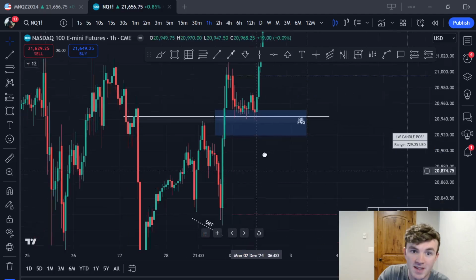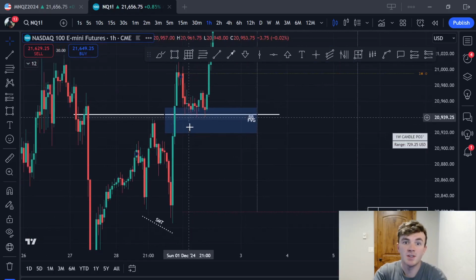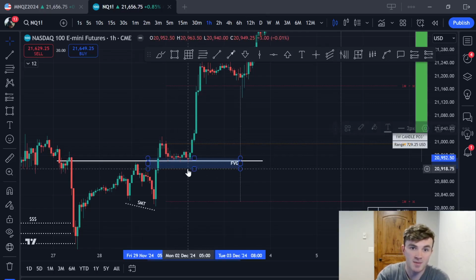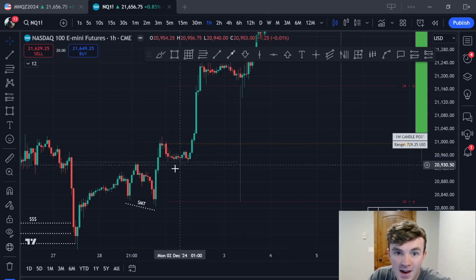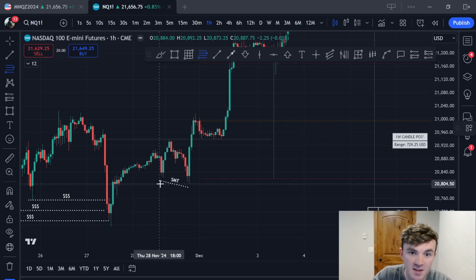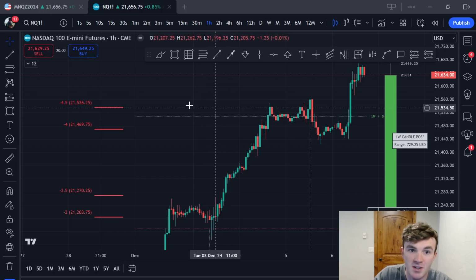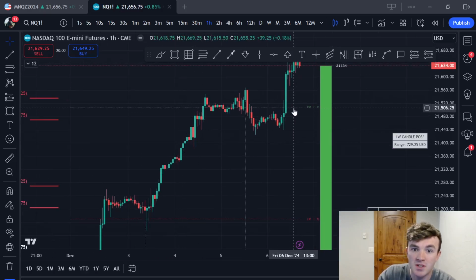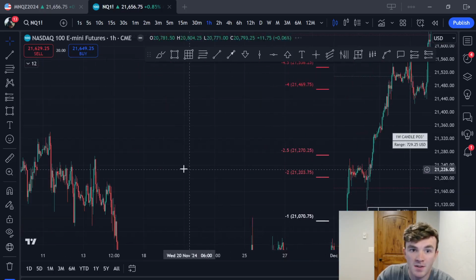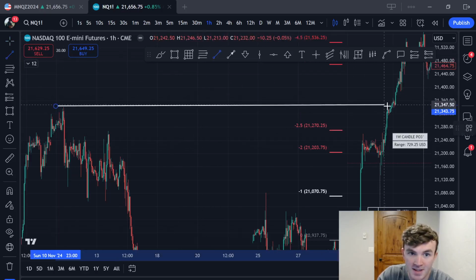And with this SMT right here, and knowing the higher time frame is bullish, you can expect that this is going to be a bullish expansion week to the upside. So now let's talk about, actually first we'll measure out the standard deviations again, and you can see that first target was that new day opening gap, and then eventually we hit this 4 to 4.5, which overlapped with this weekly distribution level. Another target that was a clear target was all-time highs, and we did hit that in the